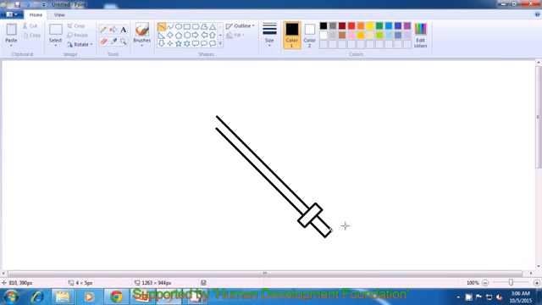Remove the dots and join the top edge of the sword to make the drawing of the sword. We can make a small line here just to make the sword look better. This completes our drawing of the sword.